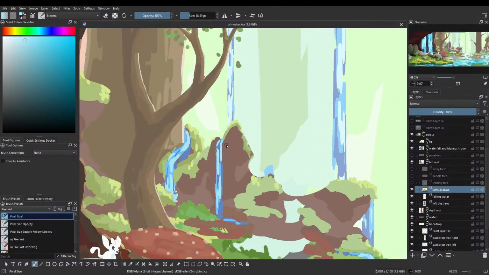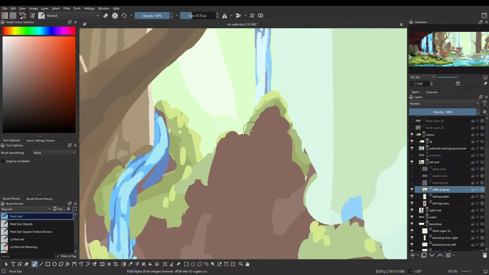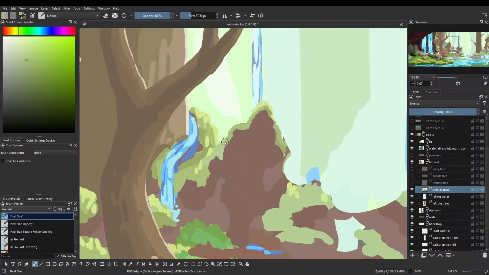So I'm thinking maybe I either remove this or just move it to the side. Maybe this water could be falling and then going around this on both sides. So a little something falling on this side, and a little something falling on this side. Going through something like that is what I'm envisioning.